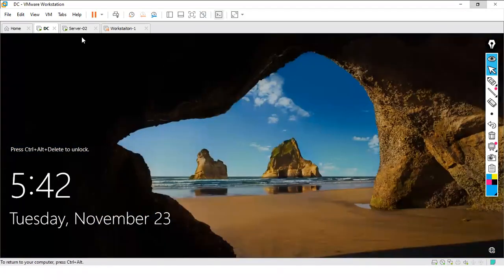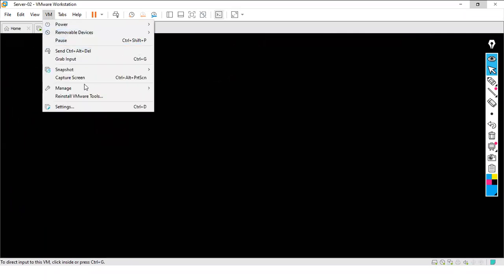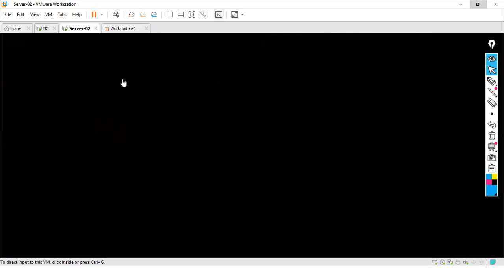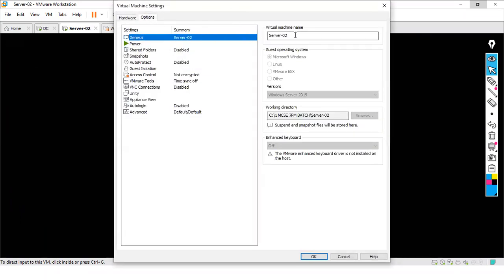Okay, this is our lab. We have domain controller, and we have server 2. Server 2 is nothing but our member server. Let us change the name of this server to member server. We'll click OK,